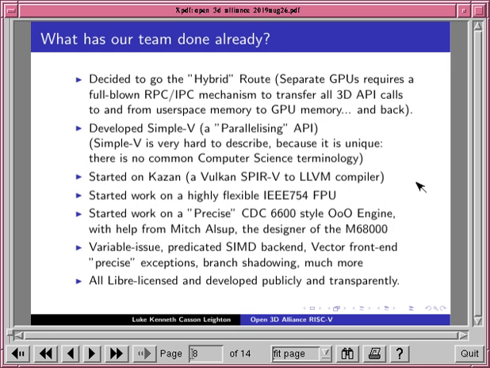We also developed SimpleV, which is a parallelizing API. It's very difficult to describe because there simply does not exist anything like it. So there's not even any common computer science terminology that we can refer to. Contact me and ask. I'll do a little bit of explaining later on in a couple of other slides, but